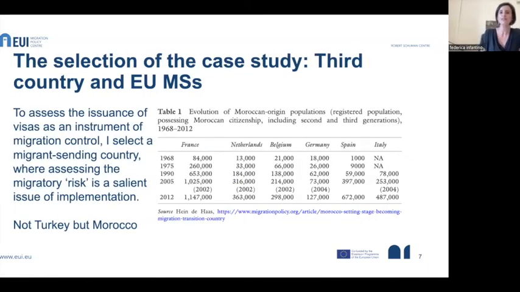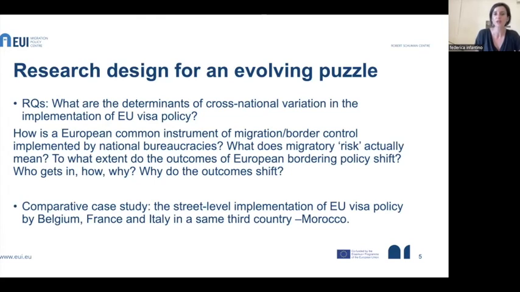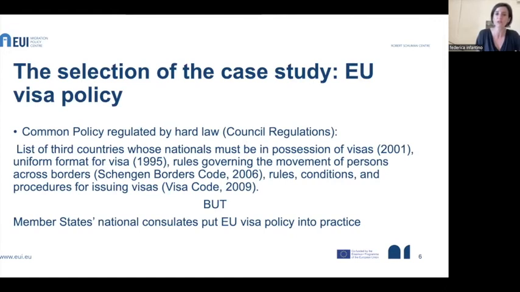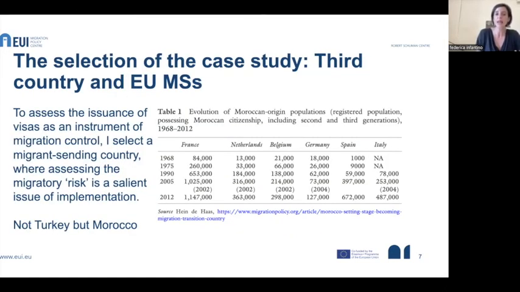Again, for the selection of the case study, so now why the EU visa policy? Because there is a puzzle there, a common policy, but different nation states bureaucracies that put it into action. But how do I select the comparison? So the EU member states and the third country. Now there is a reasoning behind. So if my questions were about the visa policy as an instrument of migration and border control, if I'm interested in understanding how the migratory risk is assessed, so what it actually means on the ground and how this policy shifts, I need to select a